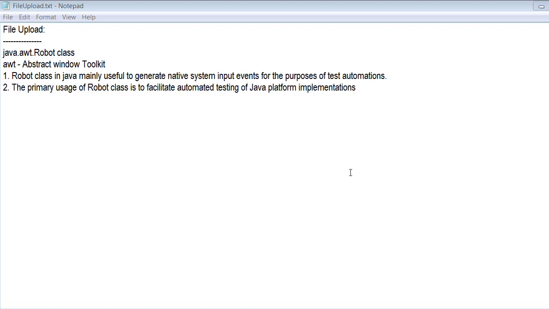Today we are going to discuss a new topic: how do we achieve file upload using Java API. This will be mainly helpful for us in the Selenium automation tool when we are trying to upload a file in a website. So how do we achieve this? In order to achieve this file upload functionality, we have a class available in the Java API, available in the package